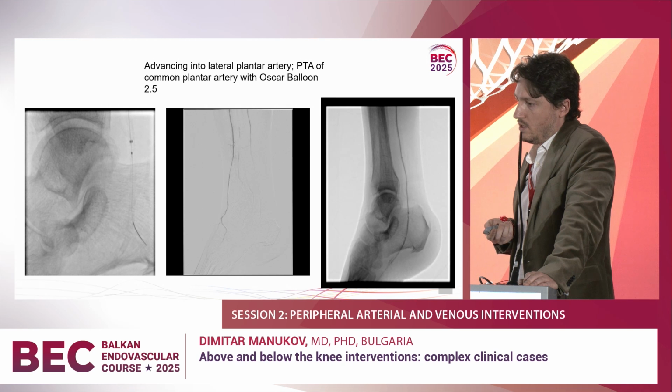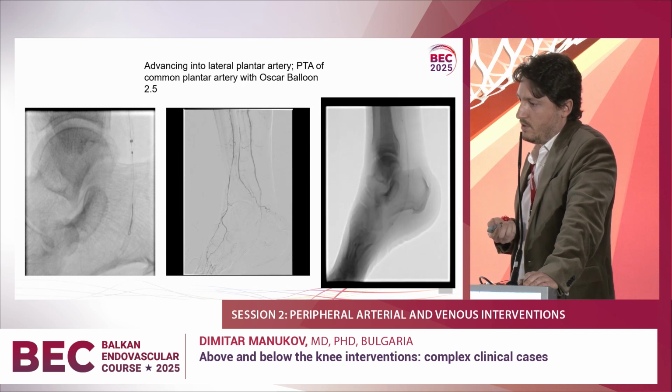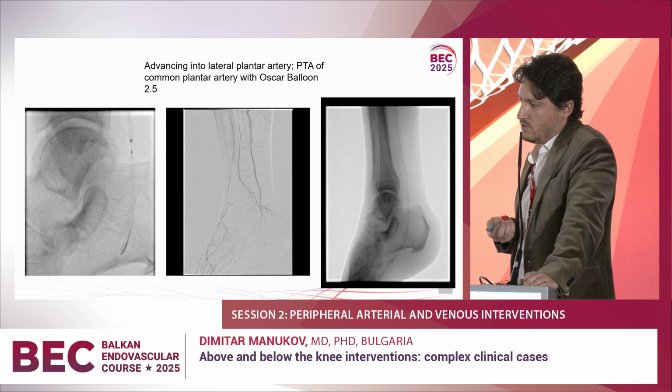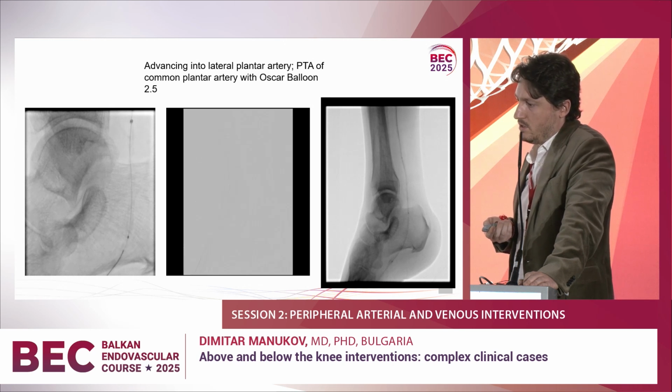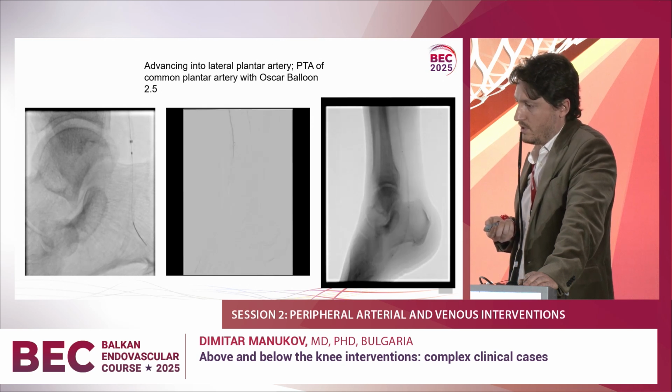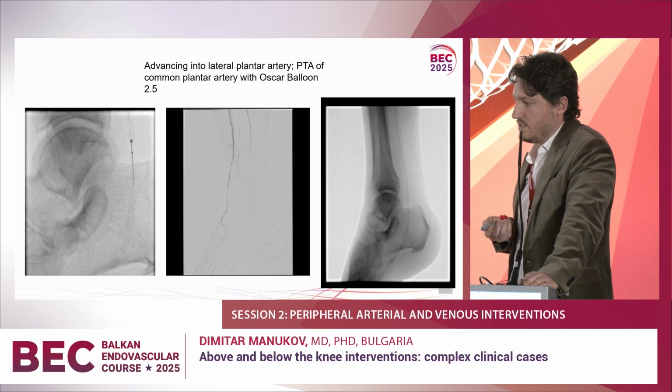In the middle, you see the segment of the PT, posterior tibial, with a good flow, and you see the flow reaching to the middle of the lateral plantar. On the right, you see the Oscar balloon, just the distal marker where it is. You see some massive calcification and probably dissection there. We couldn't pass this spot, even with a coronary 1.0 balloon, probably because there wasn't enough wire length distally to